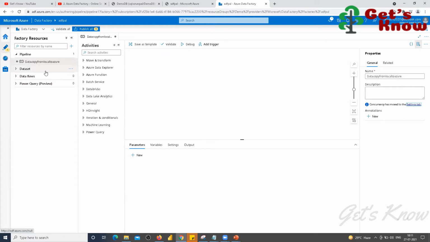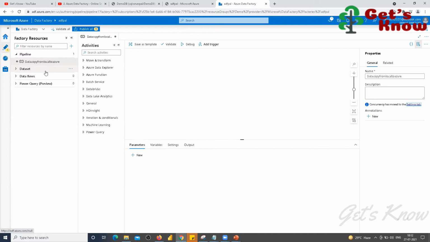Once you have created the pipeline, then you have to use the activities. Based on your requirement, you have to select the activity. Here I'm going to copy data from one source to a destination, so I'm doing this data movement process. In ADF, we have three types of features. One is the data movement process, another is data transformation, and the last one is conditional features we can define. Data movement means just copying data from one source to another destination.